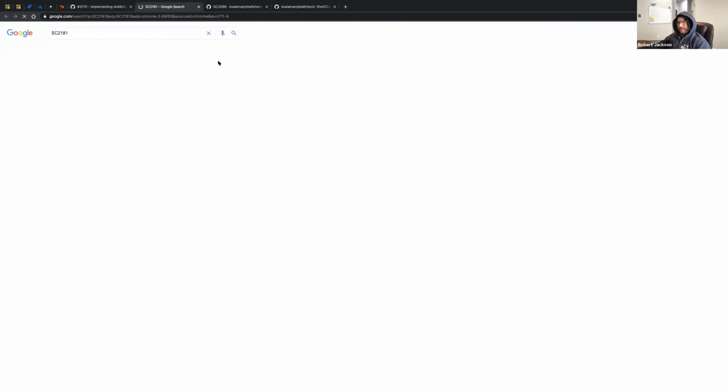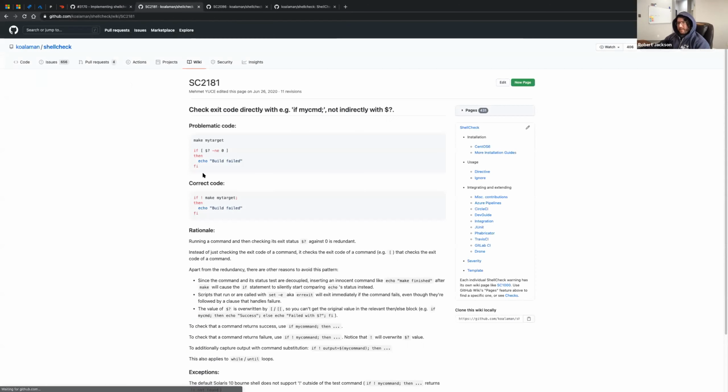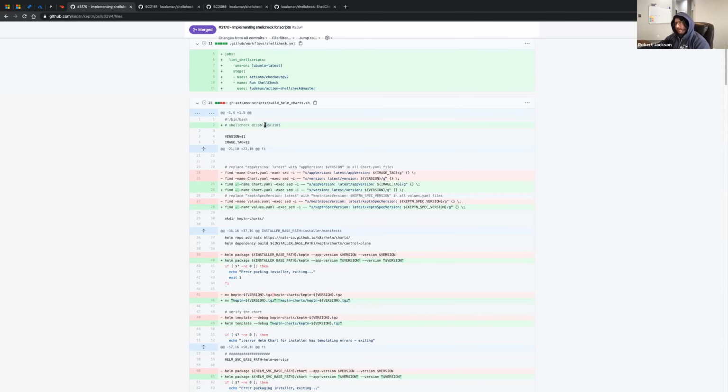If we look this up, the correct code they would recommend is, if you're doing grep on some contents in some file, do if not grep, or in this example, if not make. Then it's able to have the remediation actions. But I didn't want to change the code too much while I was learning shell scripting, so I didn't make those changes, and instead I ignored it on the entire file.